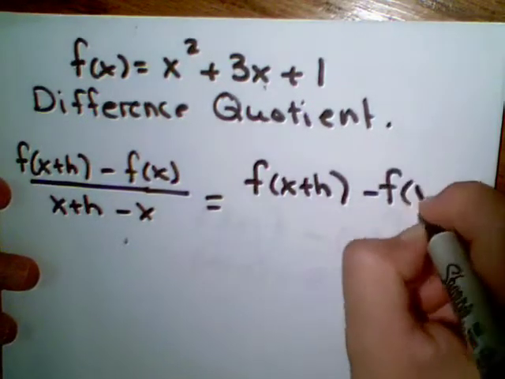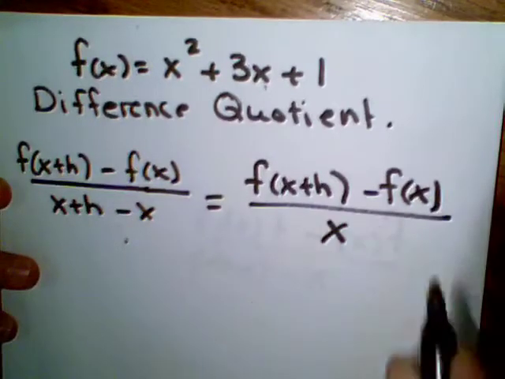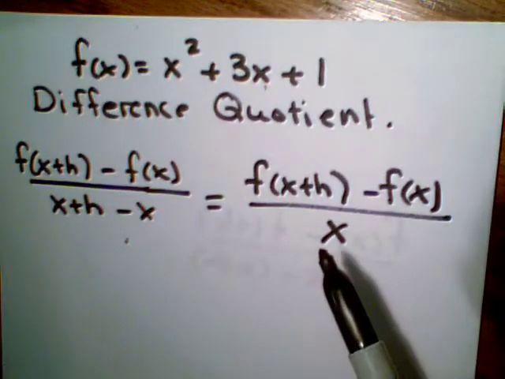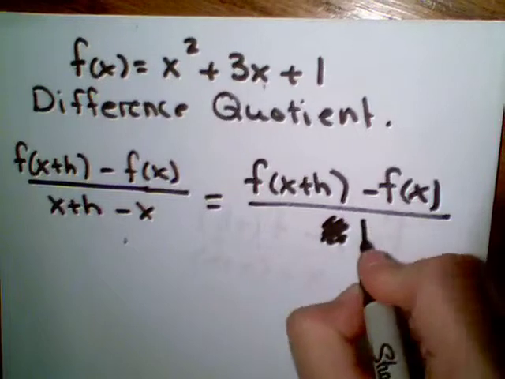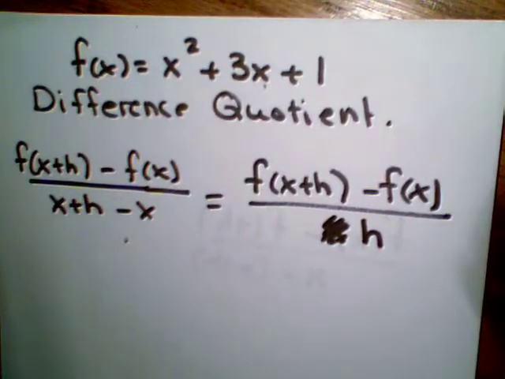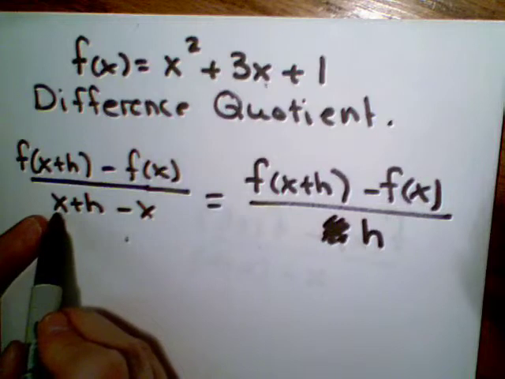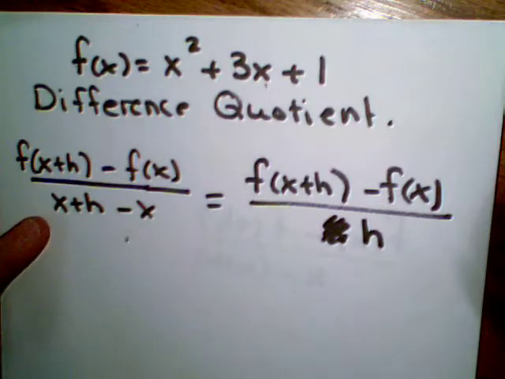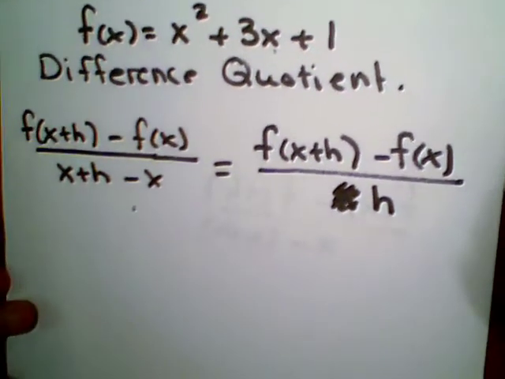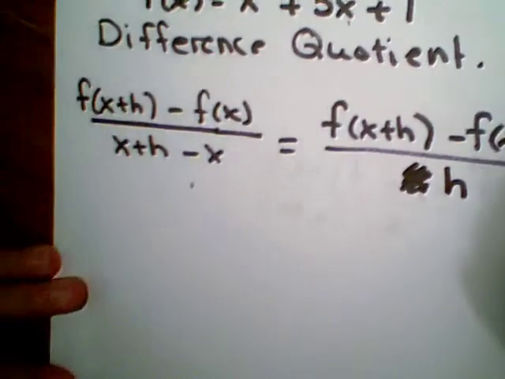simplified, and so if you're memorizing this formula, you may just want to memorize it as f of x plus h minus f of x all over h. Notice in the first ratio that in the denominator x, take away x, becomes 0. Okay. So then to put this into practice with our function,